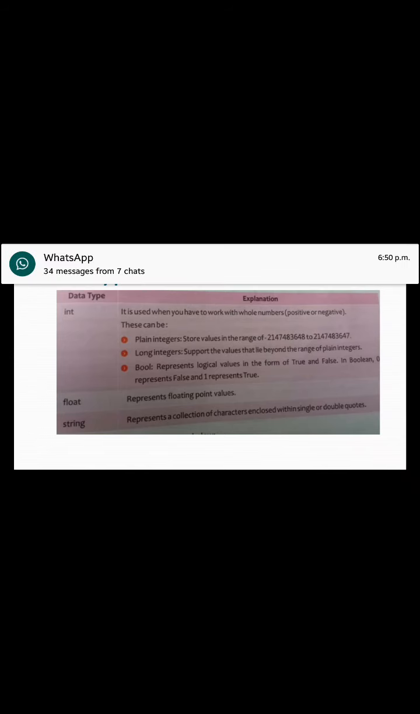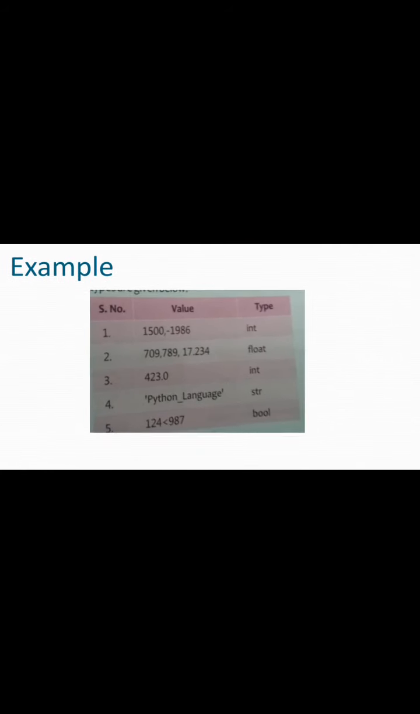Okay. Now next we will see some examples here. This is integer type of data. Here I have taken a float decimal value, so this is float type of data. This is again a simple integer, and then